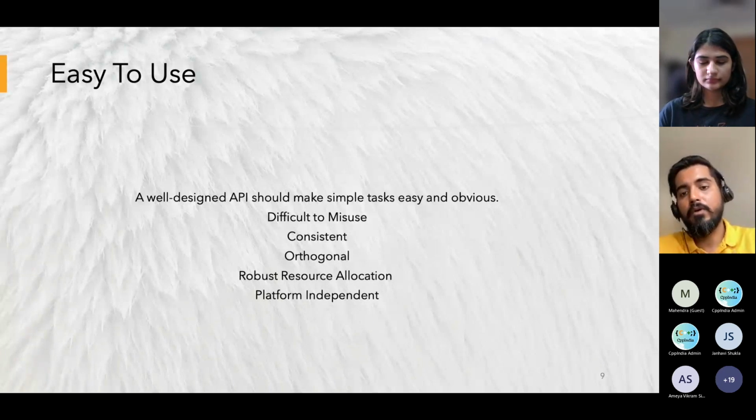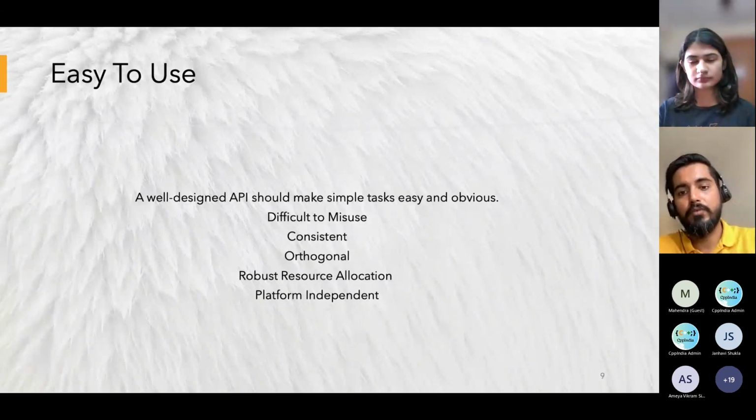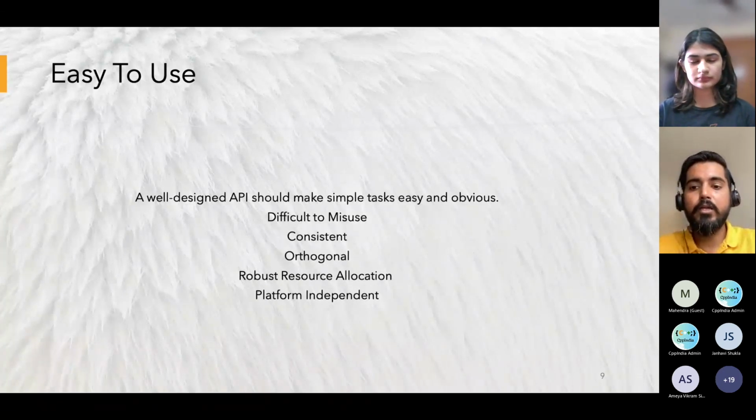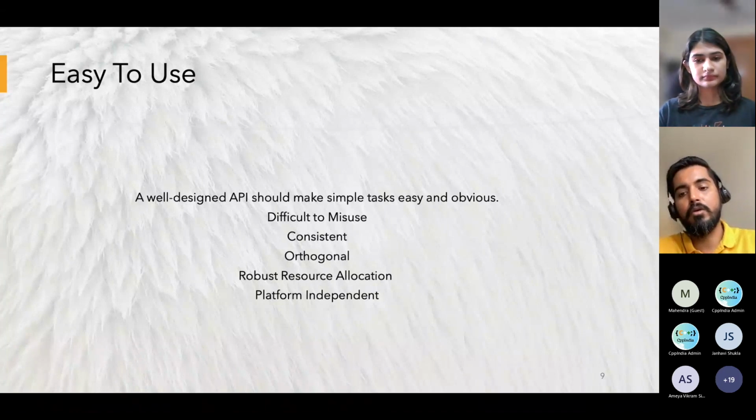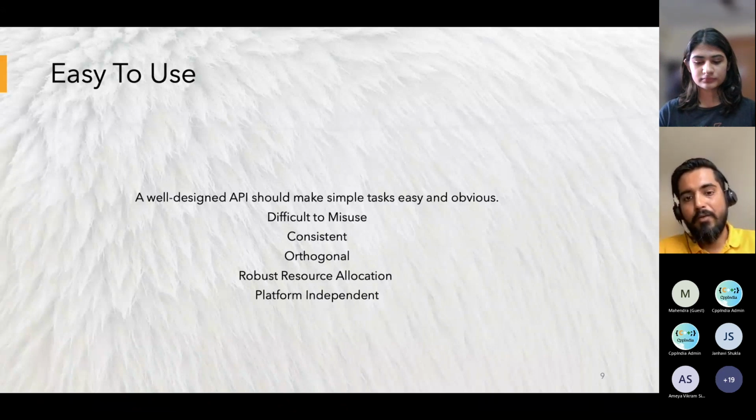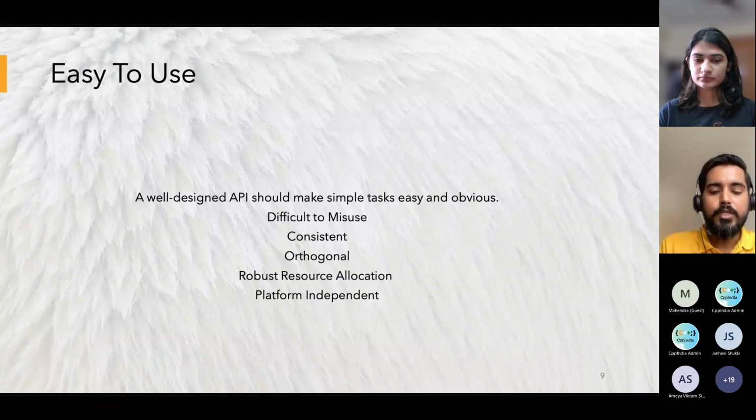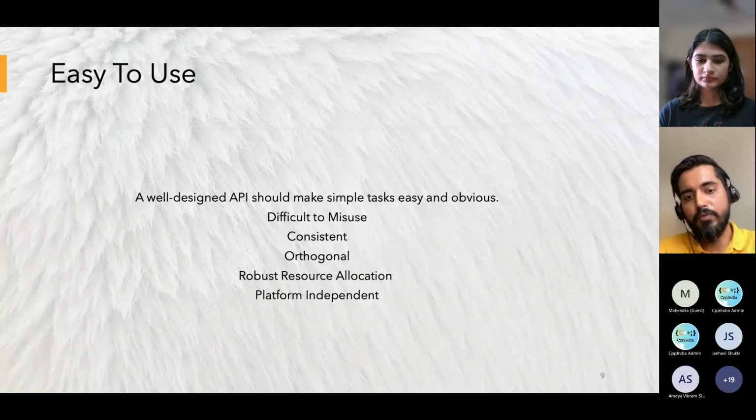So enums will give clarity to the user. Okay, it's not a number I have to give, I have to provide this server name. And it's even better if you prefer an enum class, so that will give you more type safety and it will be more difficult to misuse. And avoid using multiple parameters with the same kind of types. If there are, you should write something to differentiate them. It should be well documented.